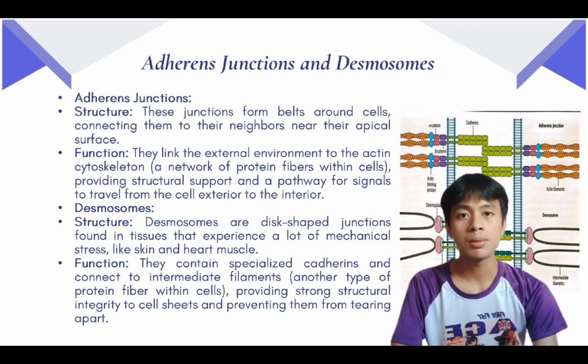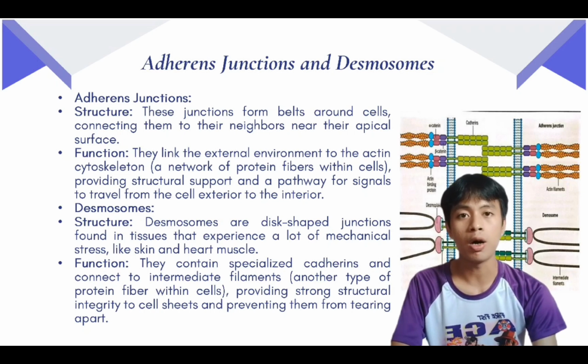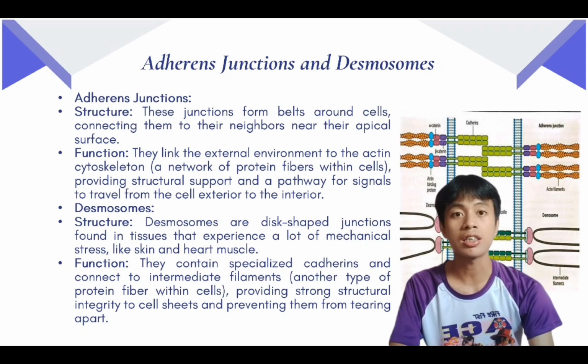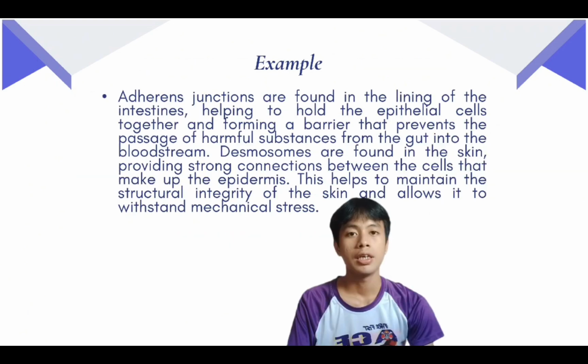Desmosomes. Desmosomes are disc-shaped junctions found in tissues that experience a lot of mechanical stress, like skin and heart muscles. So the function is they contain specialized cadherins and connect to intermediate filaments, another type of protein fiber within cells, providing strong structural integrity to cell sheets and preventing them from tearing apart. Example: